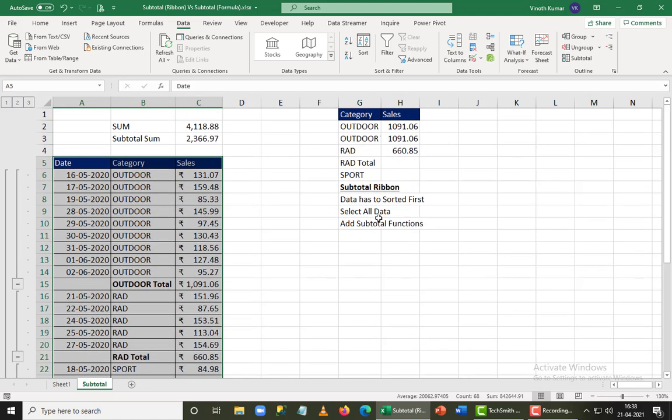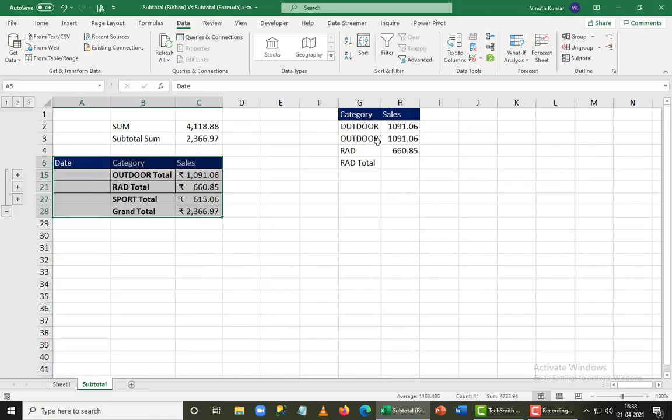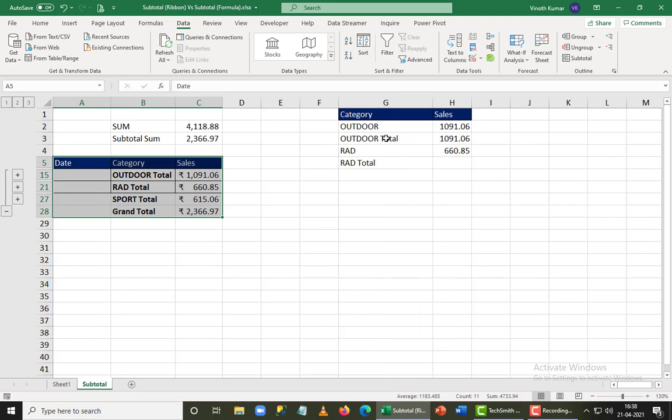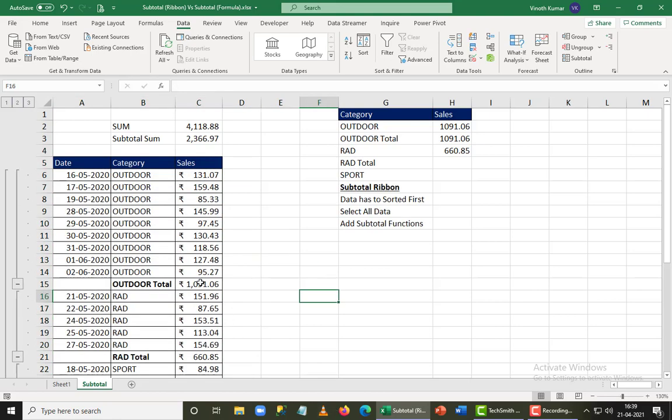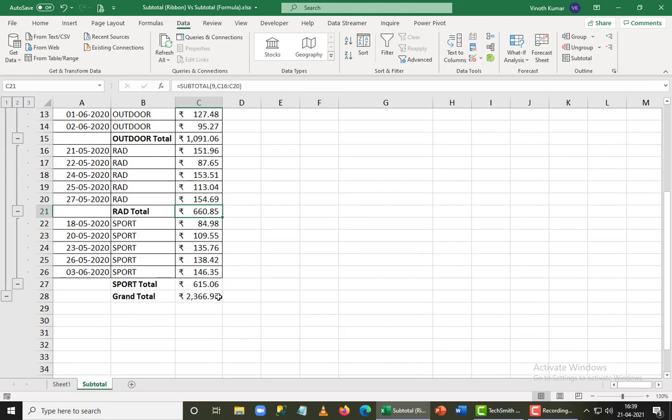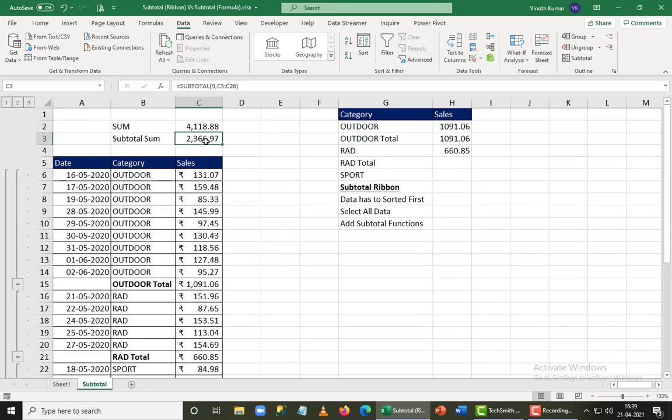So whatever list I have here, if I want to see only the totals, I'm going to click the second bar. You can see that whatever I showed on this list, the same logic comes in here again, because I chose data total here, so it shows you the data list. That's fine. So when I just click the part here, you can see that it's giving you each and every total one after the other. So you get the overall total, and you will even get a line item total here. But my sum function is giving a wrong answer here, because I have an outdoor total coming in between my list, so it doubled the value in here.